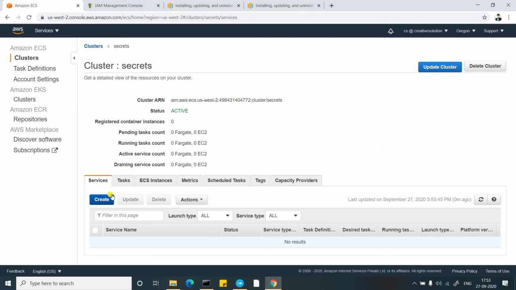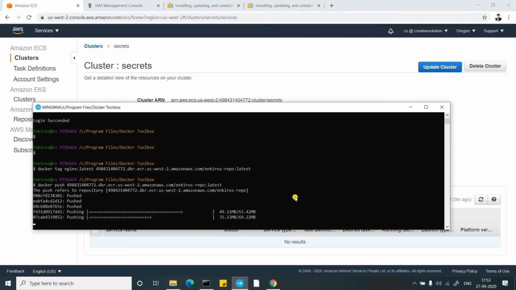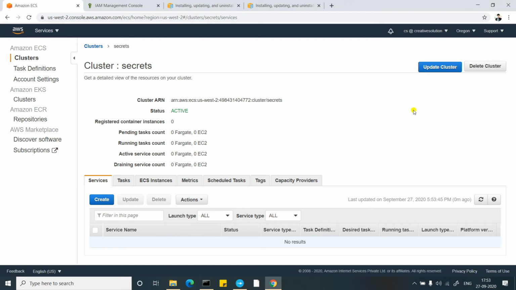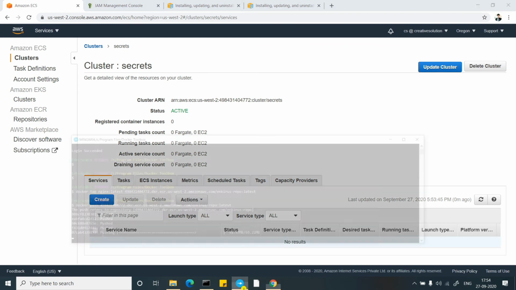For a cluster, there are various options. As you see here, I'll click on the cluster. You can create a service. A service basically manages your containers. There are times when your containers may crash, and when containers crash, they come up with a different IP, so they need to be mapped to your working application. To avoid all that, the service manages your containers, and you can tag your service to an ALB or NLB. That way, you need not worry about your container crashing, scaling up, or scaling down. All of those IPs will be automatically attached to the service.